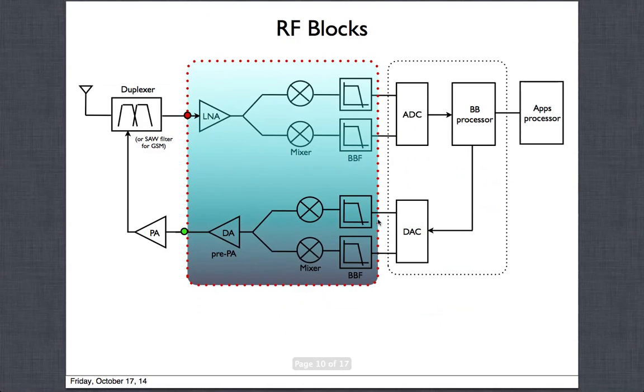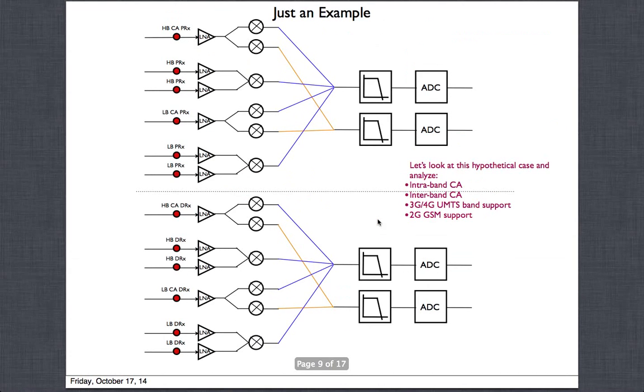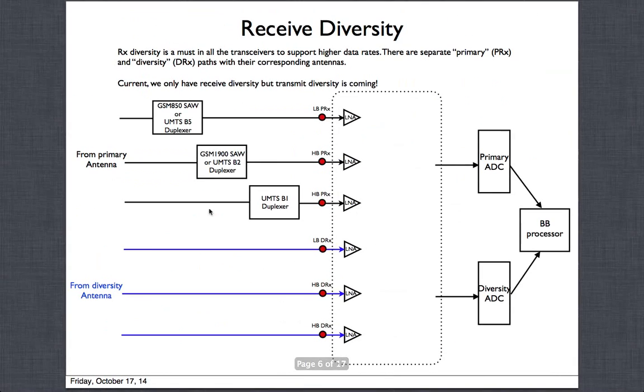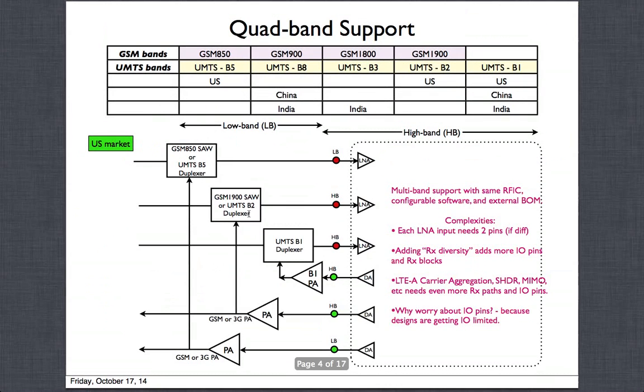So that's what's there. Next let's look at all the RF blocks in more detail, how we actually design the blocks, what the topology looks like and all that. But before going into this, since I was talking about it, there is one thing I do want to mention. Let me go back here. So this is receive diversity, maybe not, maybe here.